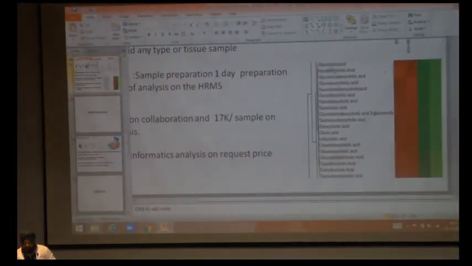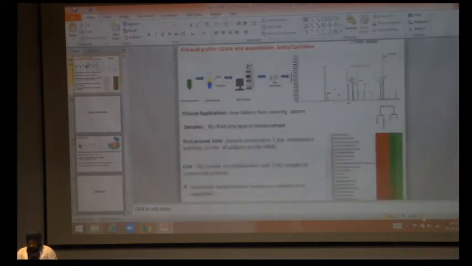So I'll read it. It's glycocholic acid, hyodeoxycholic acid, glycoursodeoxycholic acid, glycodeoxycholic acid, taurochenodeoxycholic acid, glycolithocholic acid, taurodeoxycholic acid, taurocholic acid, glycochenodeoxycholic acid 3-glucuronide, taurodeoxycholic acid, deoxycholic acid, cholic acid, lithocholic acid, chenodeoxycholic acid, ursodeoxycholic acid, glycodehydrocholic acid, taurolithocholic acid, dehydrocholic acid, and taurodehydrocholic acid. So these are different types of bile acids which we can do quantitations for using mass spectrometry analysis.